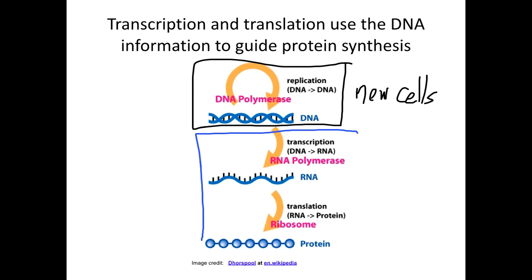Transcription and translation happen when we need proteins. And frankly, in a cell's life, these are happening at almost completely different times. Replication is a process that happens when a cell is replicating. Transcription and translation is what happens to the DNA the rest of the time. They don't happen in an order. There's no need for replication before transcription or translation. You can do transcription or translation with any DNA that you have. You just do it with the DNA that you need in order to make the specific protein that you're looking for.